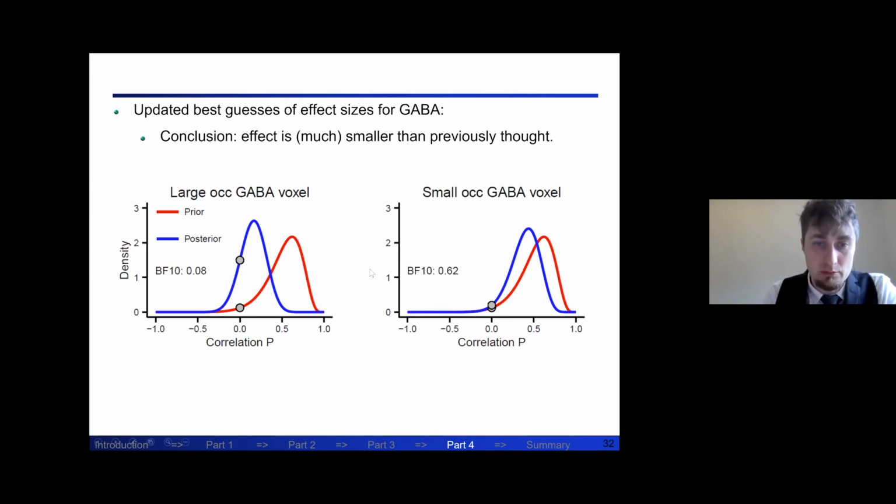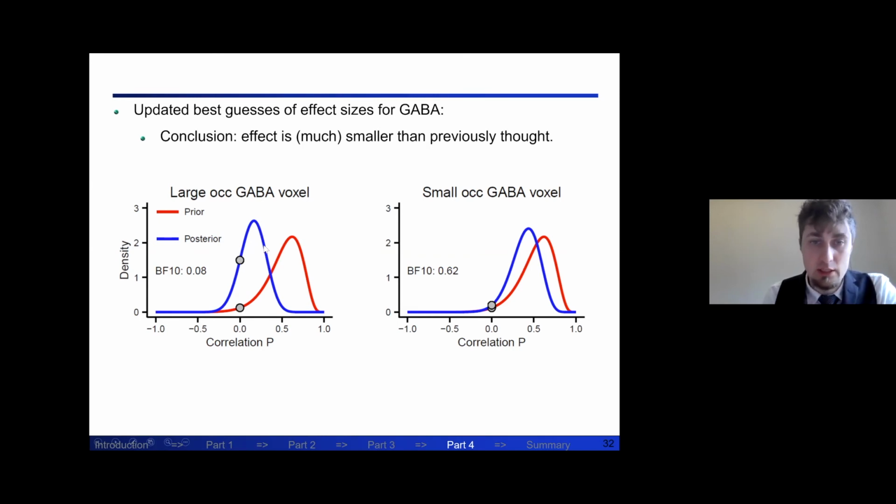The way that we did this is that we used the original study to make a Bayesian prior here, and the shape and position of that prior is based on the correlation strength and the number of participants. Then when we add our new data to this, you can see that the posterior distribution,